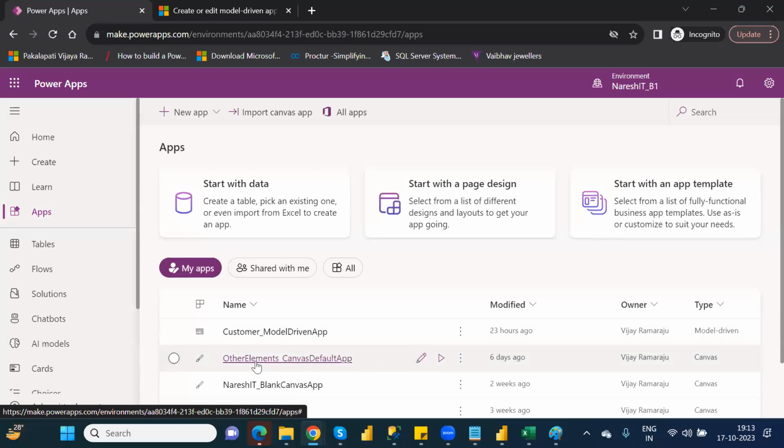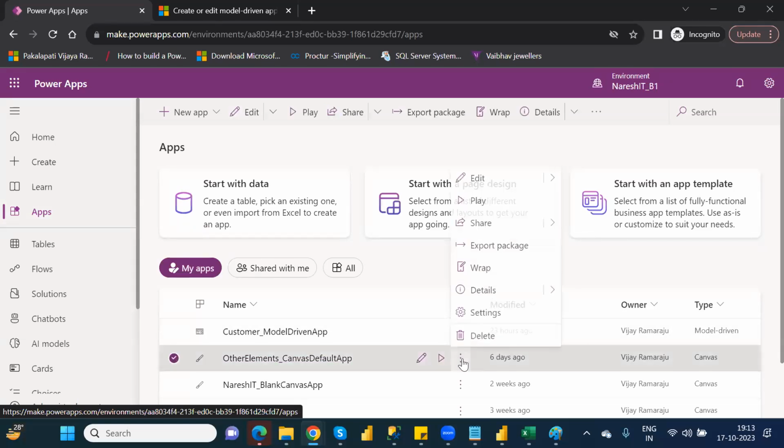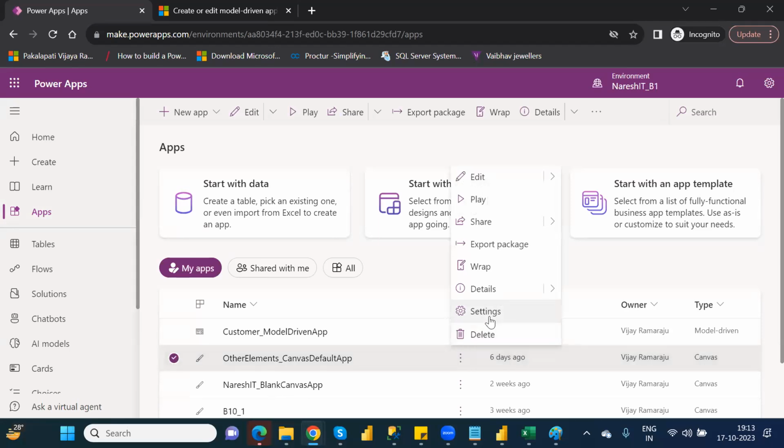See, not only this one. Suppose, for example, in the Canvas app,